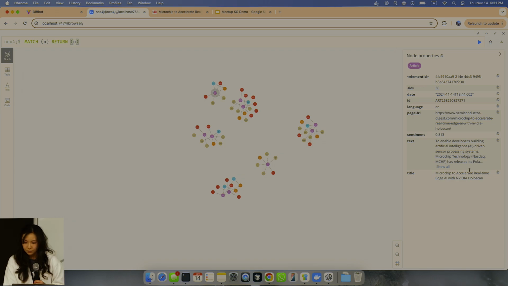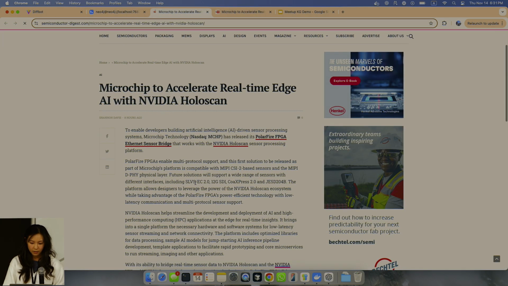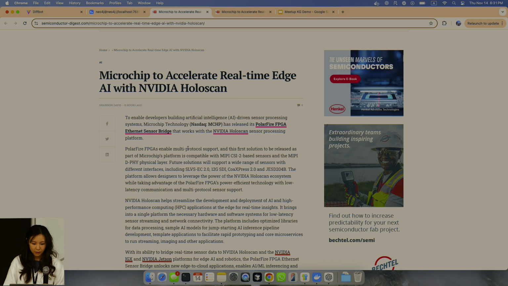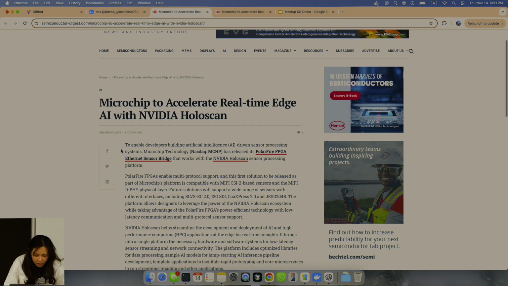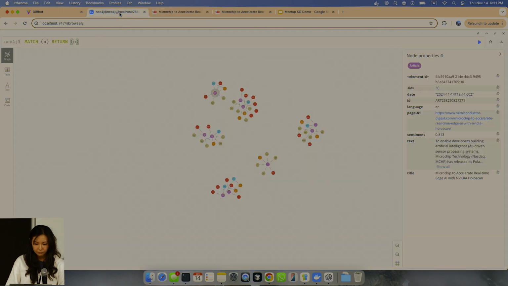This is essentially using the Diffbot API because we crawl the entire internet and import it. Basically all articles or data from the internet is being structured, as you can see here. When I click on the link, it goes here, and this is news from 8 hours ago, literally from today.